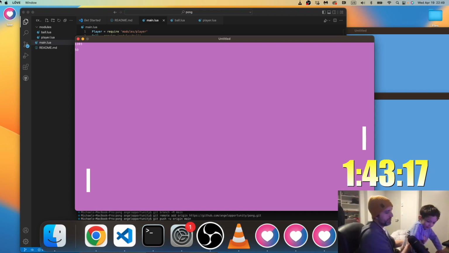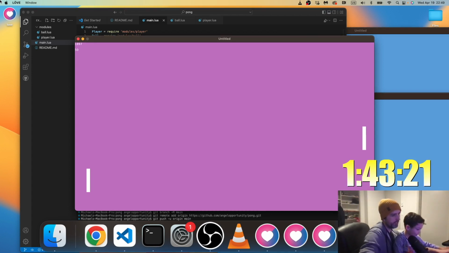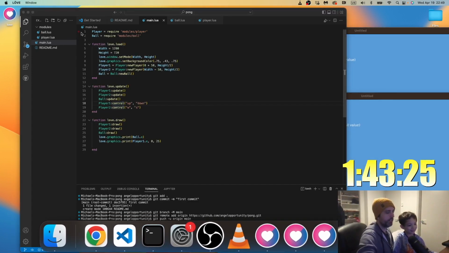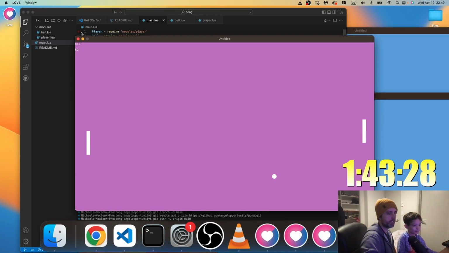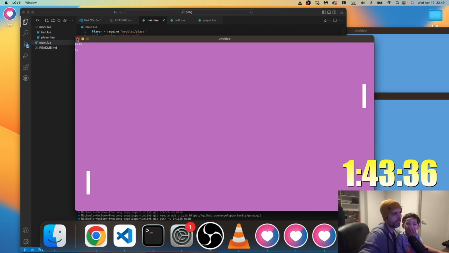Here, just sit on my lap or something, because we're sharing the keyboard. Here, these are the buttons you use for up and down. I gotta restart it. I should just put the scores in, but all right, ready? W and S. It's pretty fast. Good job. There you go. Oh, I got a point.